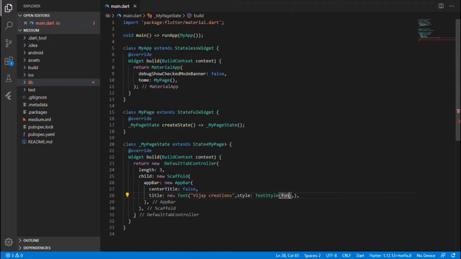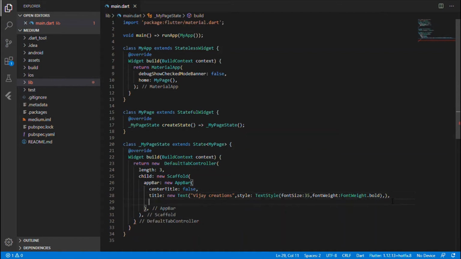I will have a font size of say 35 and font weight, which is FontWeight.bold. After the font style,